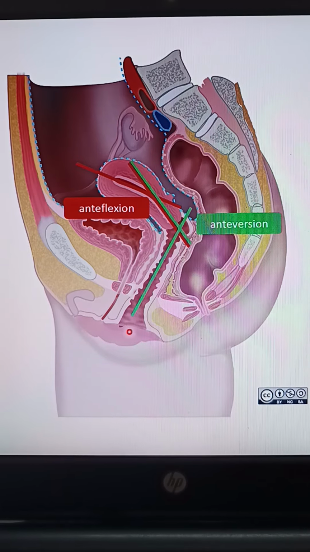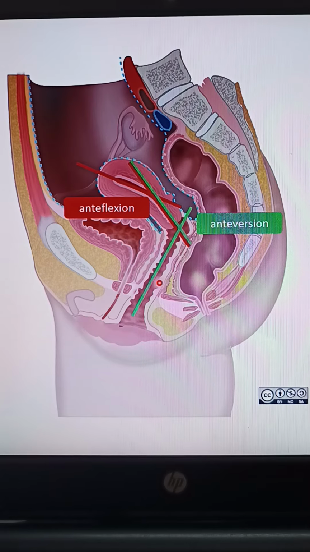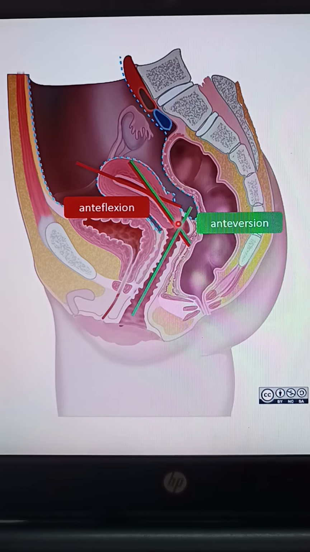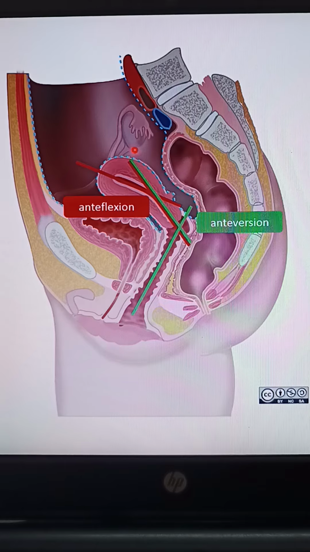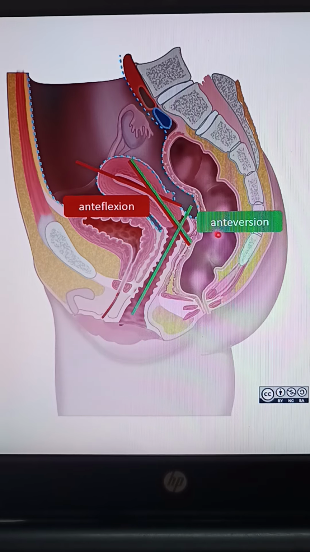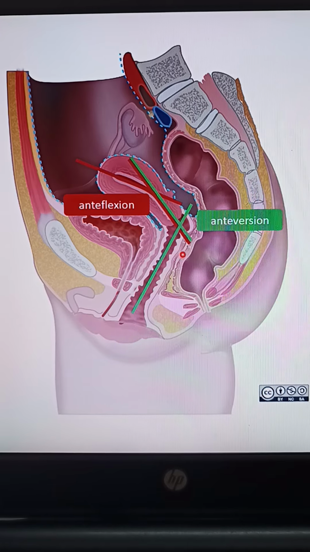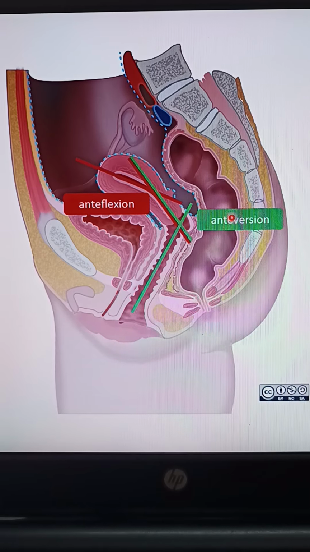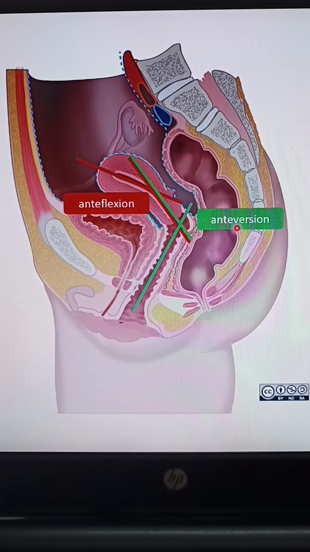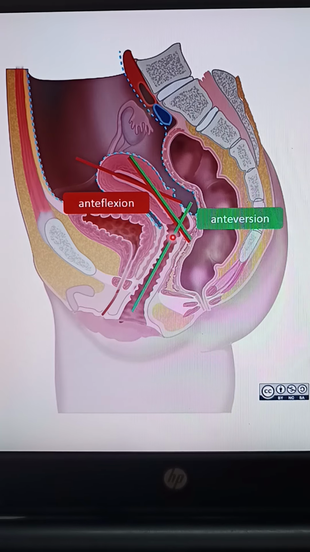Now this figure is just to make you aware that you can see the line which shows the angle of the vaginal canal. So the vaginal canal and the cervix of the uterus form a 90-degree angle. This angle is called anteversion. A very easy way to remember is V for anteversion, V for vagina. So the angle made by the vagina to the uterus is the anteversion.